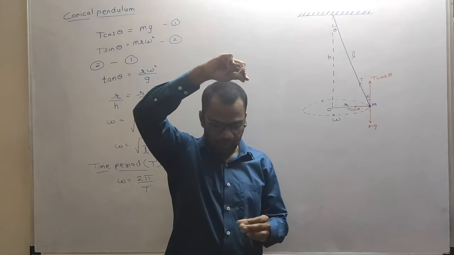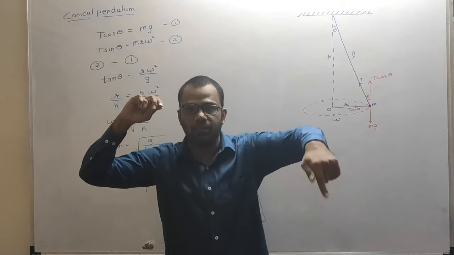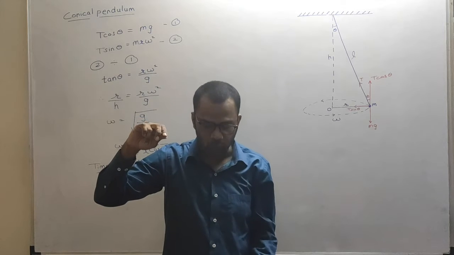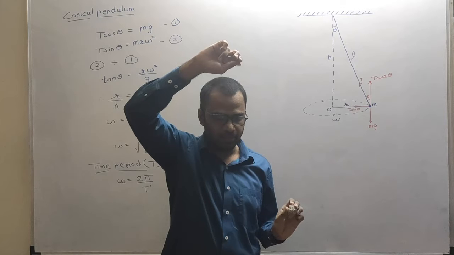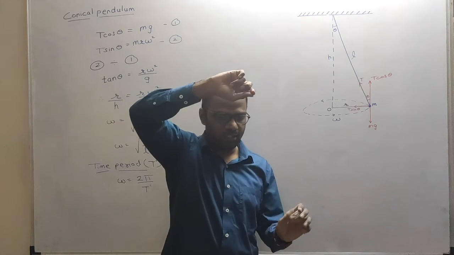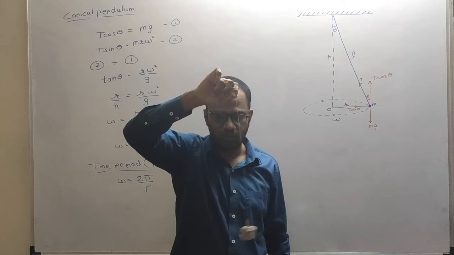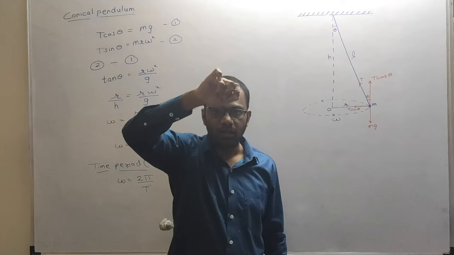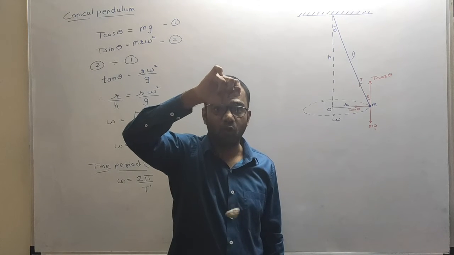Now look here carefully. I am giving the bob such a motion that it will perform a circular motion in a horizontal plane. The plane will be parallel to the floor. Now watch carefully. I am giving it a motion in this manner. So as you can see, the stone, or we can say the bob, is performing a circular motion, while the string will trace the surface of a cone.